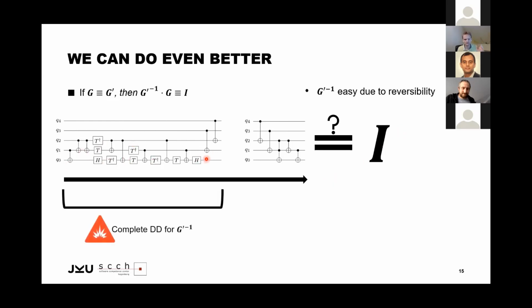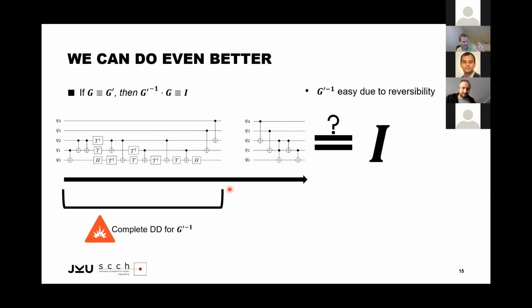And this means, to some extent, if I do this for the gates of the first circuit, at this point here I will end up with my potentially very large decision diagram. And if I then multiply the remaining gates and both circuits are equivalent, I eventually may end up with the identity, which is compact, but I may have an intermediate result which is still exponentially large. So in this regard, this idea doesn't bring me any benefit, because I still will have an intermediate result which will have the original complexity.